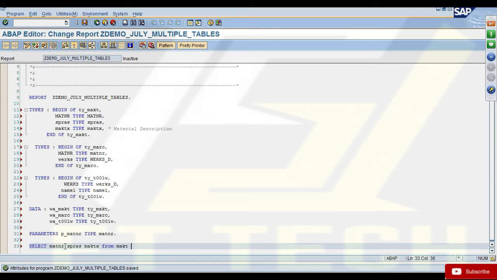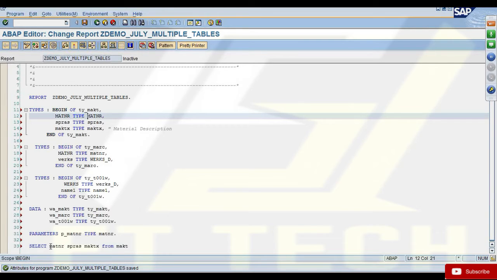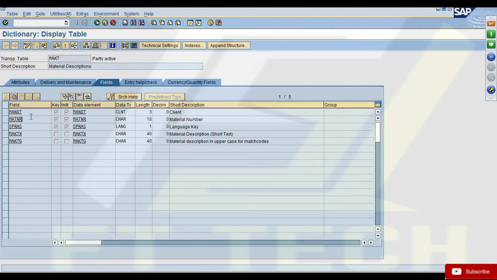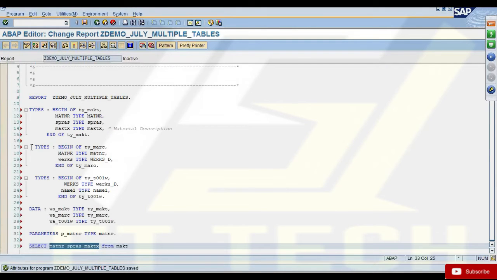Okay. But if we have to select lots of fields, then can we use into corresponding? Let's say we are selecting star. You can use into corresponding, but as I said, when you say star, your structure should have all the fields of the table. Only then you'll be able to use star. Otherwise, the length would be different. For example, if I've just defined 3 fields in my structure, and I try to use star, I'm trying to select 5 fields from MAKT, right? This table has 5 fields. I'm selecting 5 fields, but the work area into which I'm asking the system to get the data has only 3 fields. So there's a difference in length. So it will give a syntax error in that case.